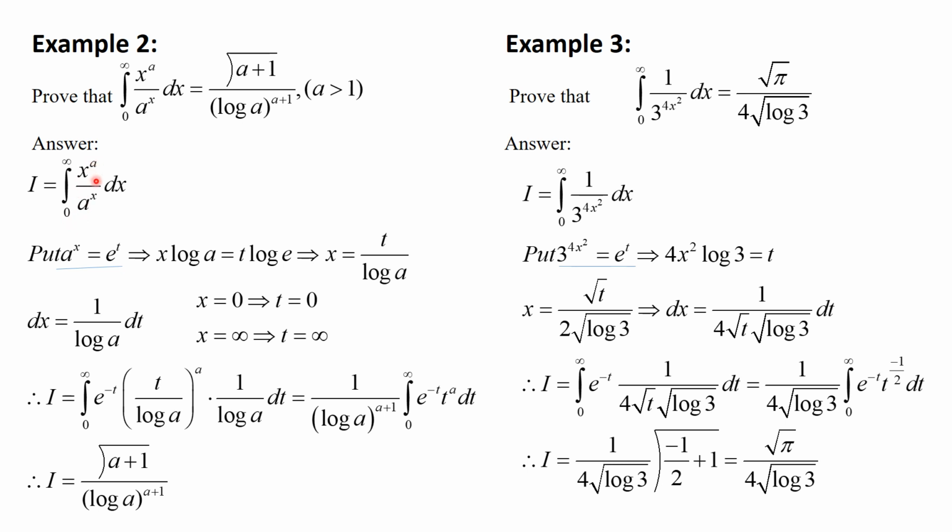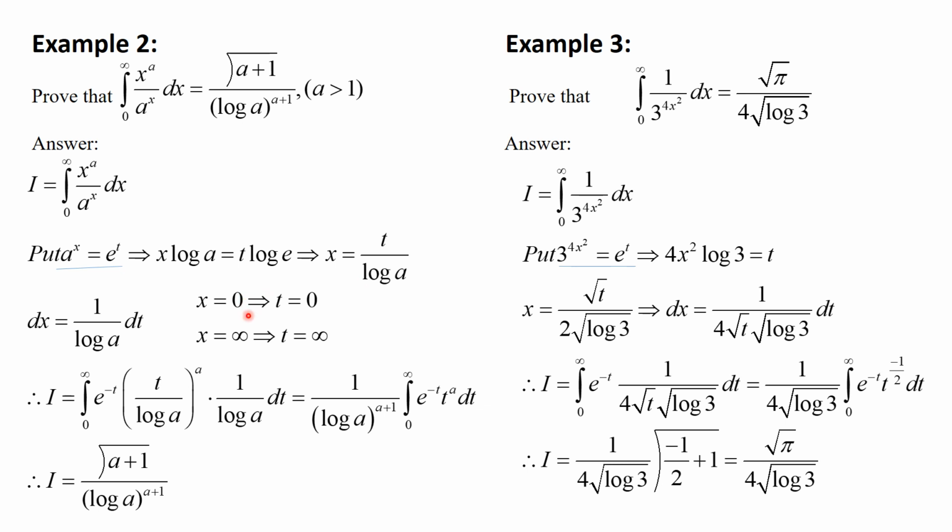So to convert in terms of e raised to expression, we use the substitution for a raised to x is equal to e raised to t. So since 1 upon a raised to x is the factor, 1 upon a raised to x converts to 1 upon e raised to t, that is e raised to minus t. And the change we can consider for x as well. So substitution is a raised to x is equal to e raised to t, and hence simplification taking log on both the sides, that is x log a is equal to t log e to the base e. Log e is 1, and hence simplification gives x is equal to t upon log a.